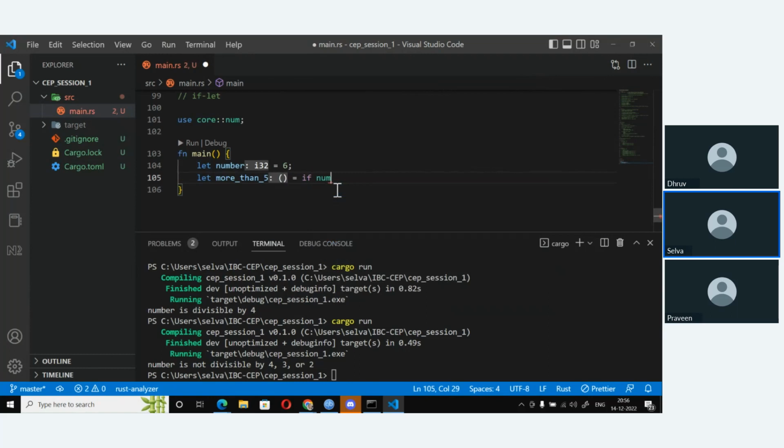and then I can say if number greater than 5, and I'll just return a true. Otherwise I'll return a false.